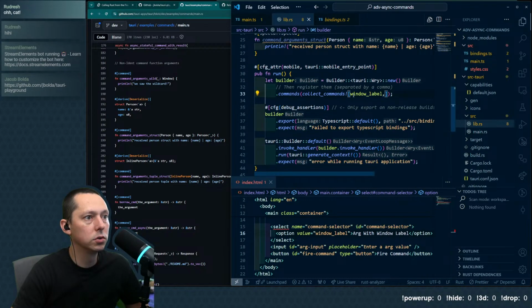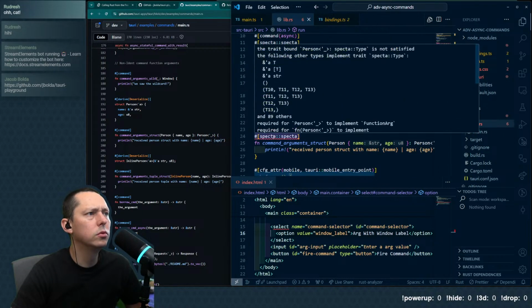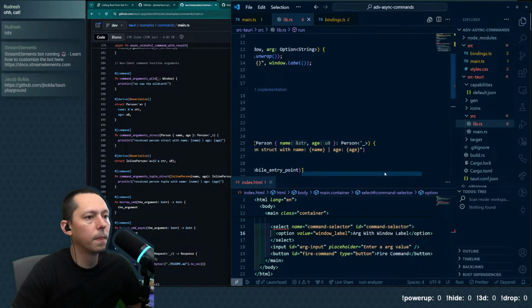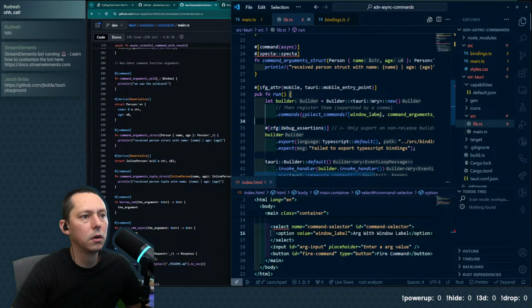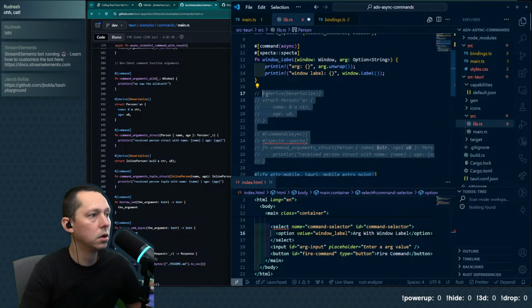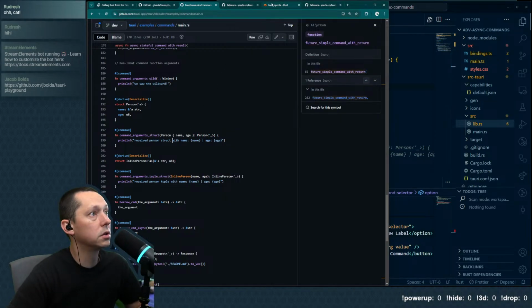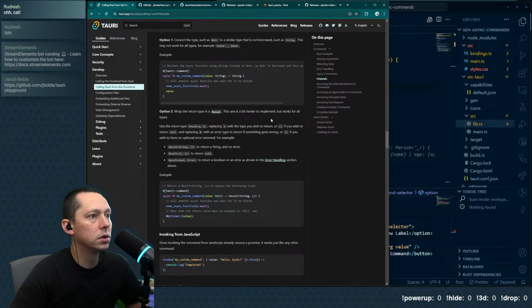Then we would need to put it into this. There we go. Okay, so we're going to get a rebuild. Ooh, what is this? The trait bound is not satisfied. The following other types implement trait Specta type. Yeah, so that's why I wanted to bring that in. I wasn't sure how this would work with Specta. Okay, we're going to take it out for the moment because I don't want to get sidetracked. I want to get into channels, but we have it saved for future us if we still have time.